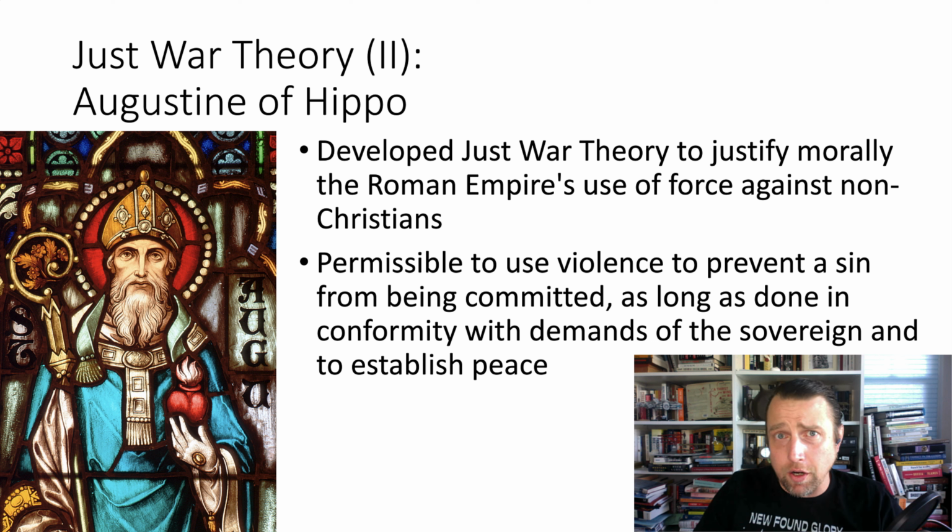The gist of his argument is that it is permissible to use violence only to prevent a great sin from being committed, when it is certain that the sin would be committed without intervention, and when the intervention is done in conformity with the just requirements of the sovereign,